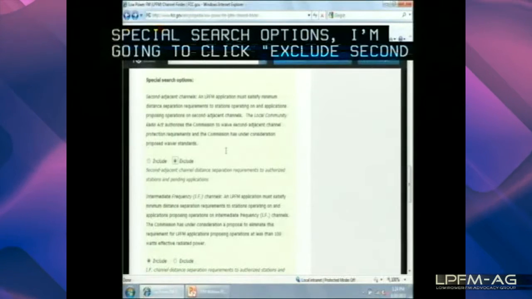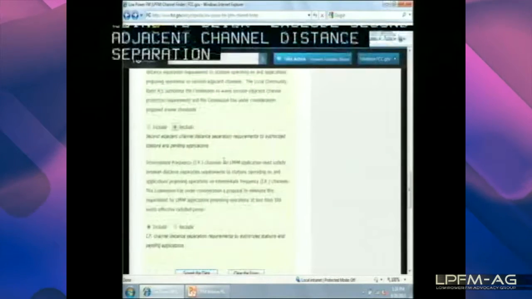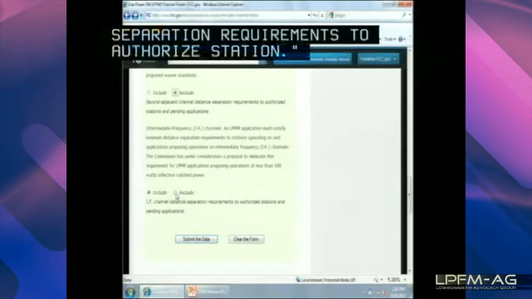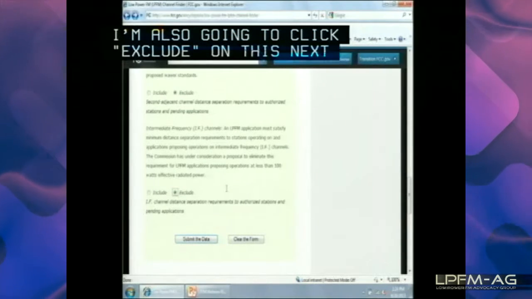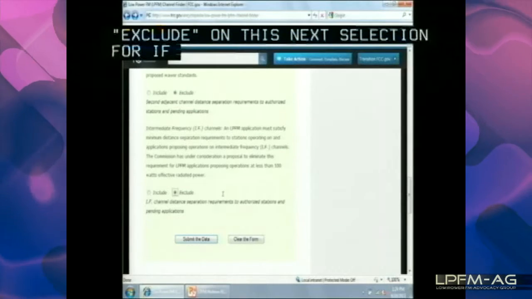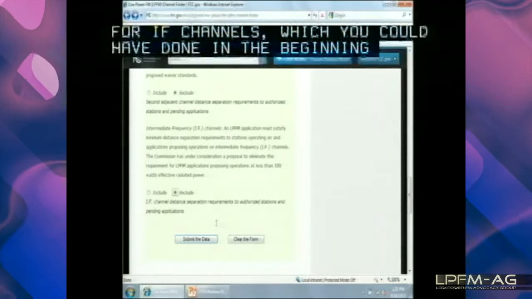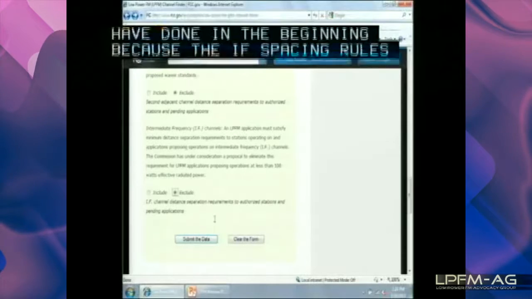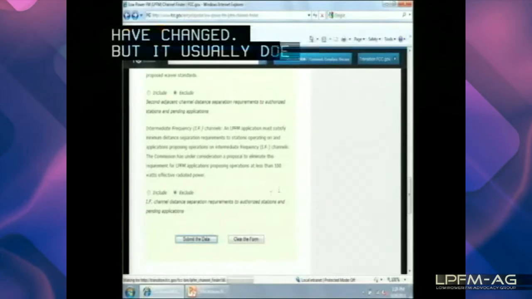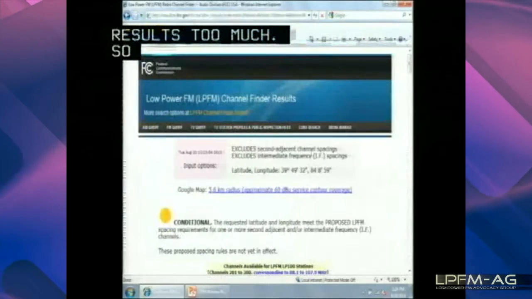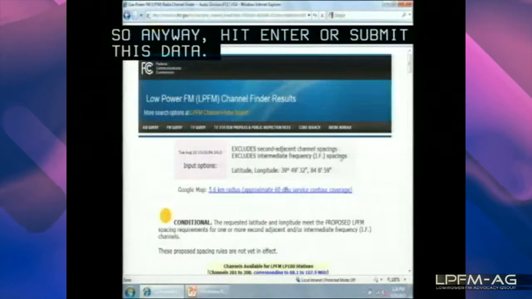requirements to authorized stations. I'm also going to click exclude on this next selection for IF channels, which really could have been done in the beginning because the IF spacing rules have changed, but it usually doesn't affect results too much. So anyway, hit enter or submit this data. This is the same location we just did that had the red fail. Now we get a yellow